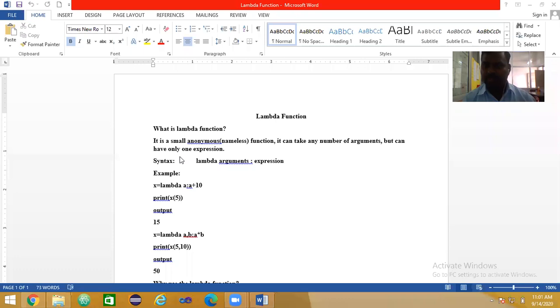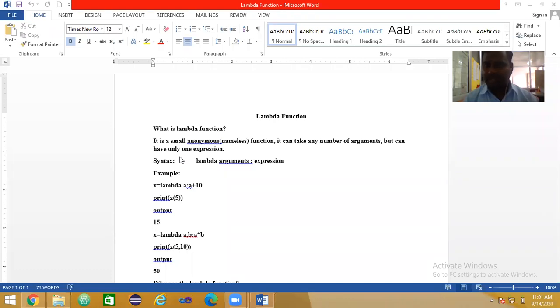To find the factorial, we have a name. To find the recursion, we have a name. But these functions don't have any name. So those functions are lambda functions, nameless functions.